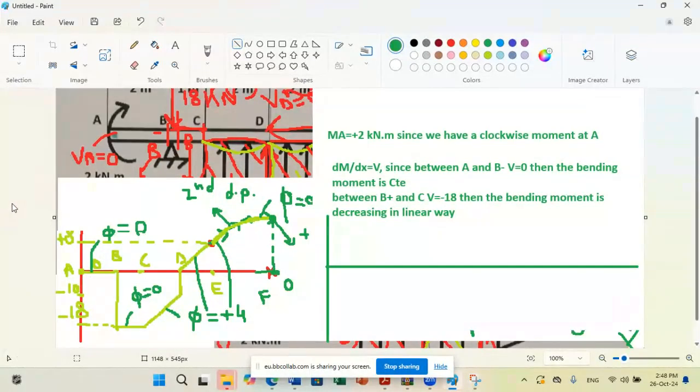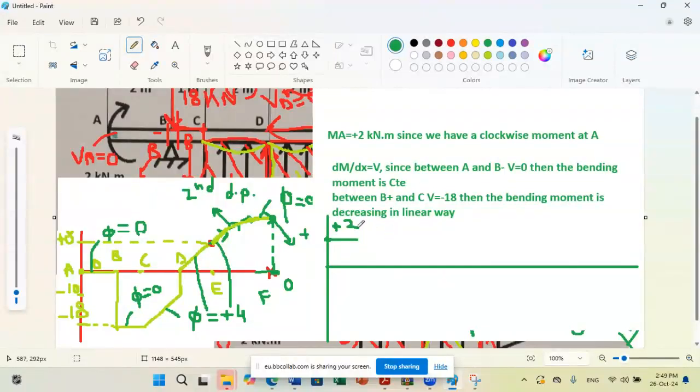Okay, we said at the beginning point we started by plus 2. So the value here was plus 2. And between A and B, V is 0, so the moment is constant. So until point B, we have a straight line. Okay, now from B plus,